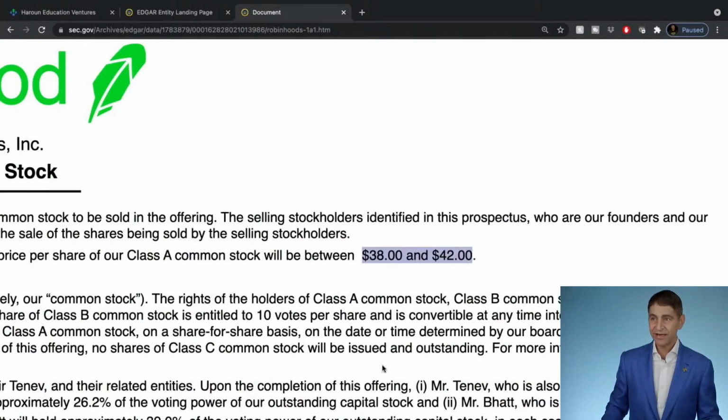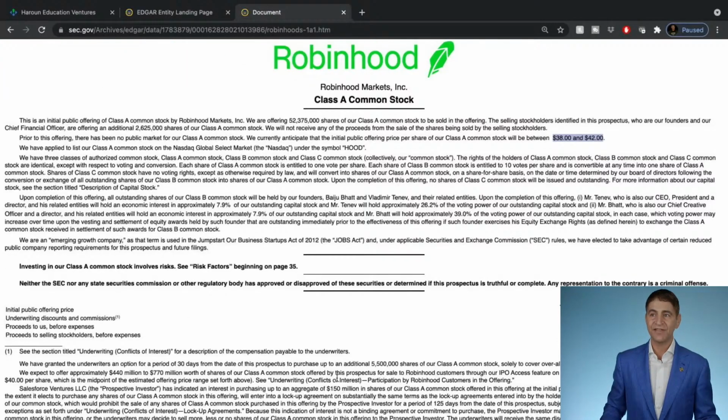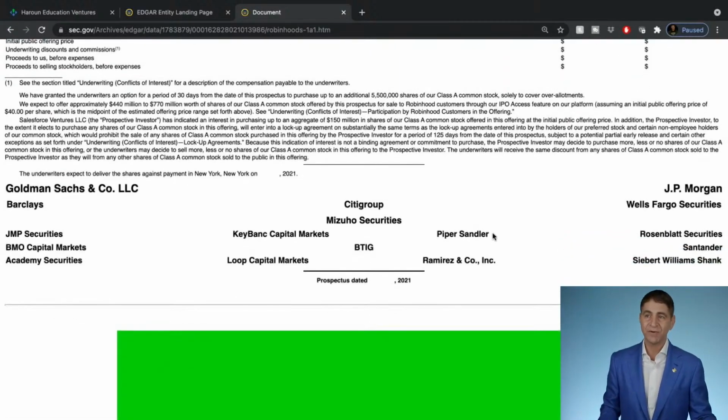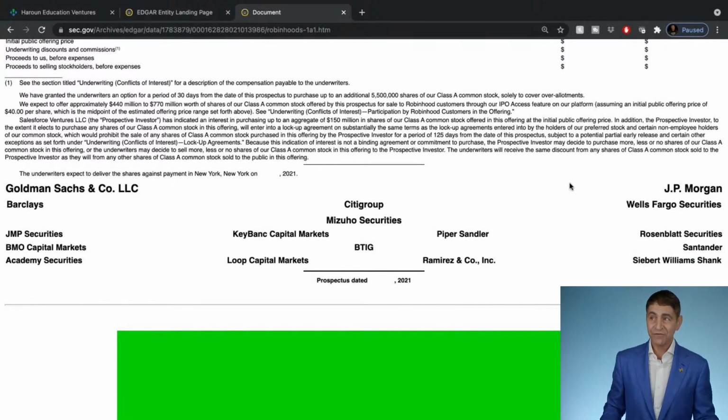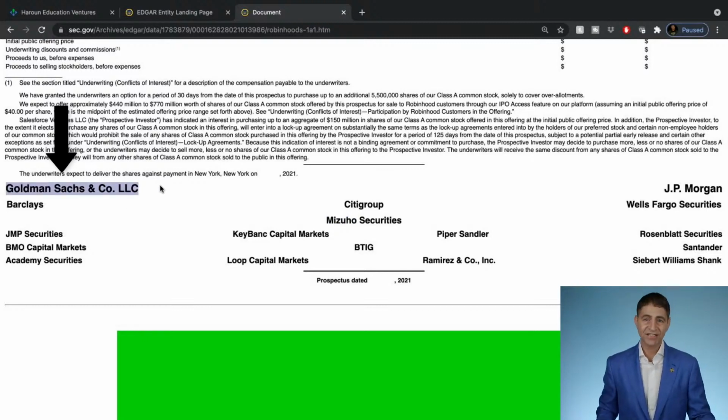So if we move down, and I'll wrap this up quickly, if we move down here to the bottom of page 2 of this S1 filing, here's the bottom of page 2. We see a bunch of investment banks right here that are doing the deal. Now, why are there so many investment banks doing this IPO? Because it takes a lot of investment banking trading floors to distribute a large deal at the right price all over the world, which is why we have Mizuho from Japan in the middle here as part of the investment banking syndicate. You'll see here that top left, as they call it, is Goldman Sachs,